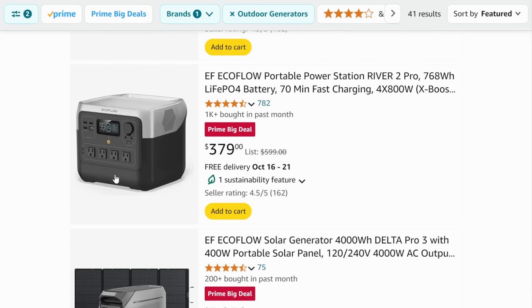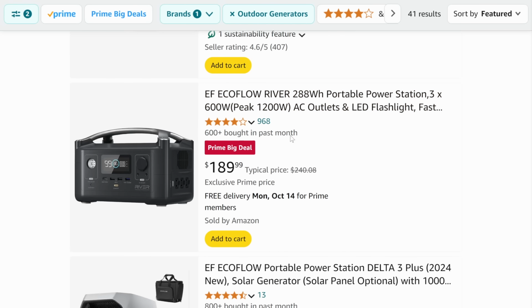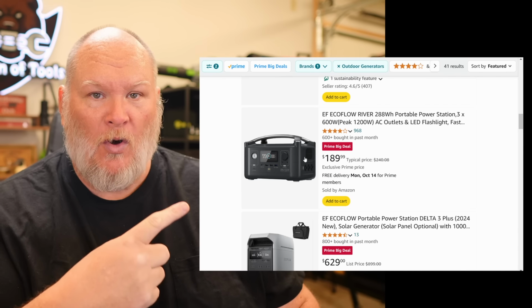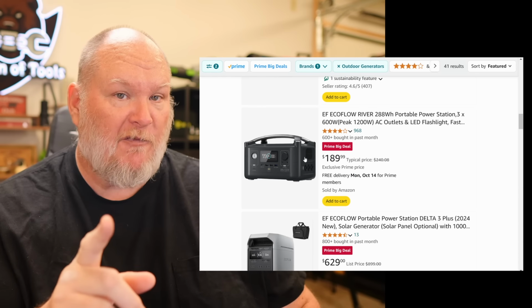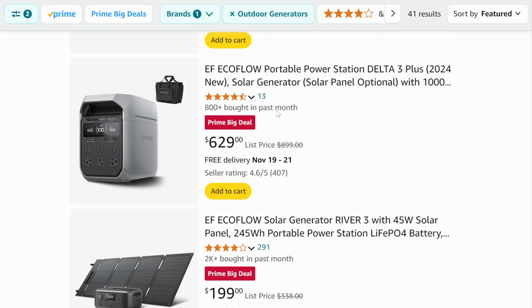This is one of the smaller ones, the River size. This is the biggest of the River, coming in at 768 watt hours. All of these with LiFePO4 batteries. Basically, any of the ones you're looking for, I would say no, do not buy this one here. Sorry, EcoFlow, love you, brothers, but that's the old school Gen 1. It has the lithium ion, not the LiFePO4. Skip that one. Anything that says 2 or 3,